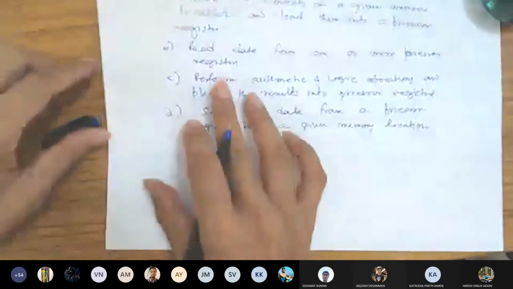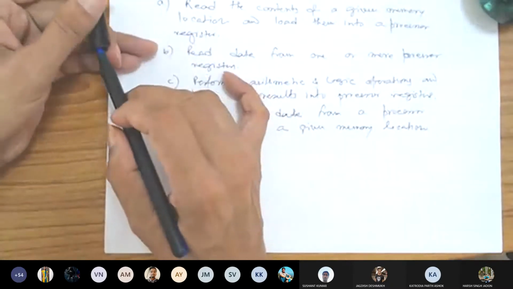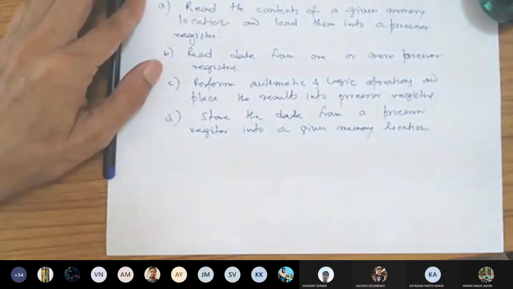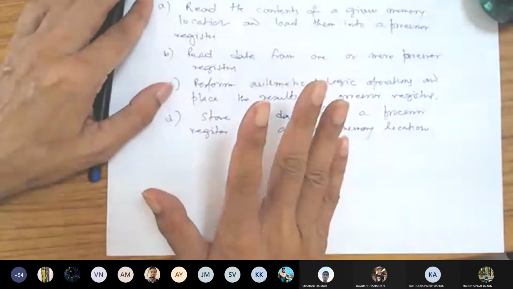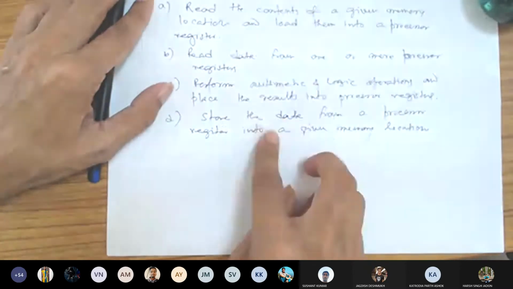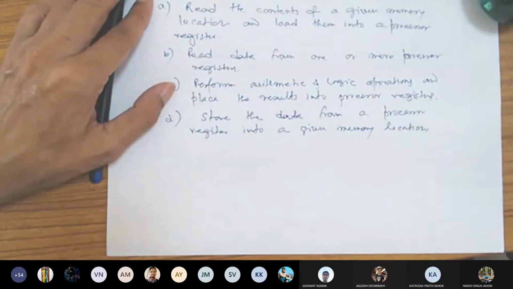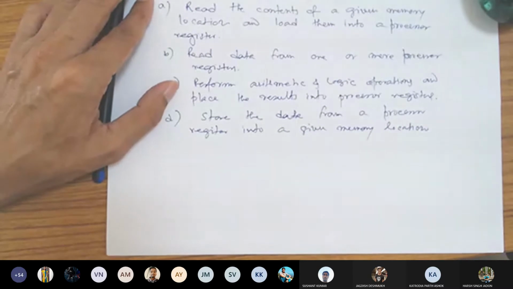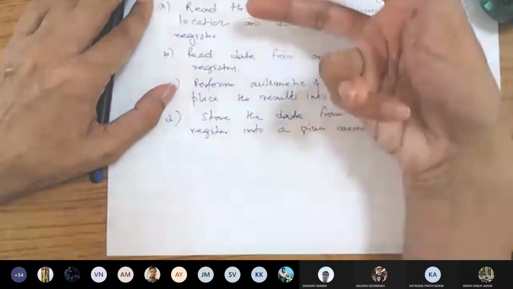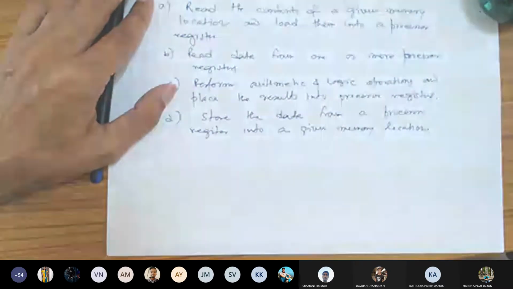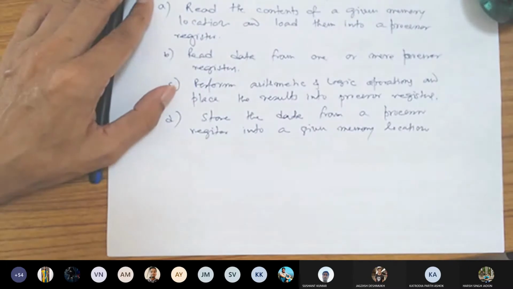Mainly, these are the four things. Even in IO, you either read it or write it, either load it or store it. You don't do any other additional operations. The IO devices do the operations. The processor only facilitates the transfer of data, nothing else. So they can be categorized into read and store, or load and store.